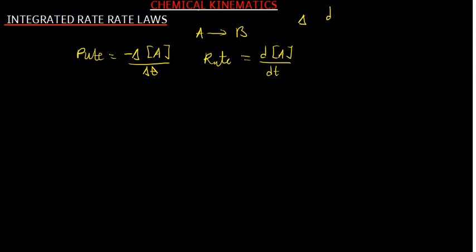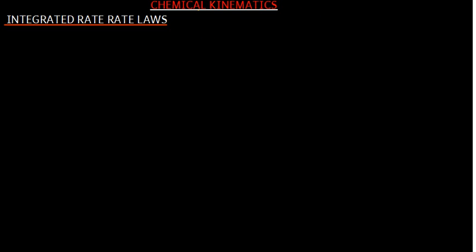Okay. Now we're going to consider some different orders. All right. So let's start with the first order. Before we start with the first order, let's start with the zero order. Okay. So for a zero order reaction, how do we determine the rate? So rate is given by